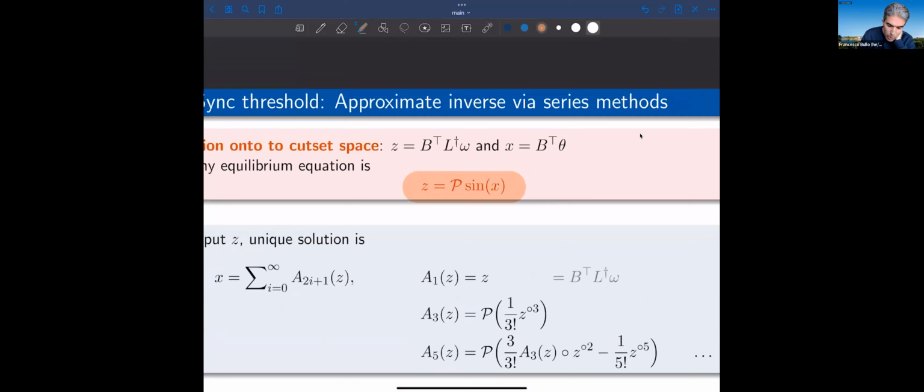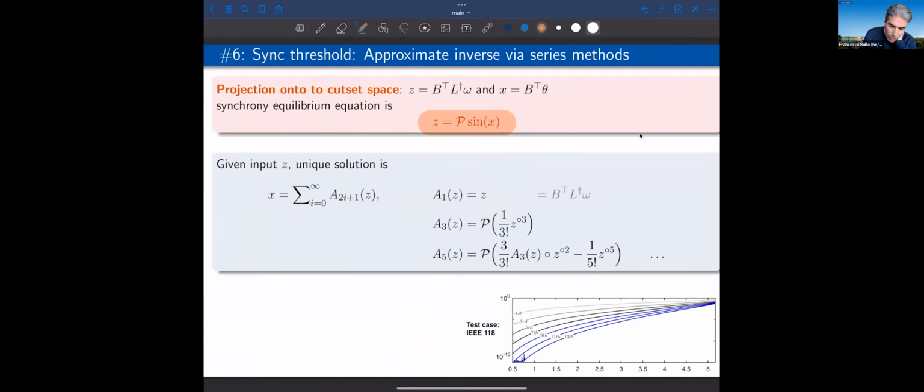And this is an inverse problem, and you can solve the inverse problem using a power series expansion that reminds the power series expansion for the sinusoidal function. And here I have an illustration of how accurate you can get as you increase the order of the approximation. Years ago with Florian, we had a PNAS paper where essentially we were using just the first order term, and now we have a much better understanding of all of the higher order terms, leading to more accurate approximations and